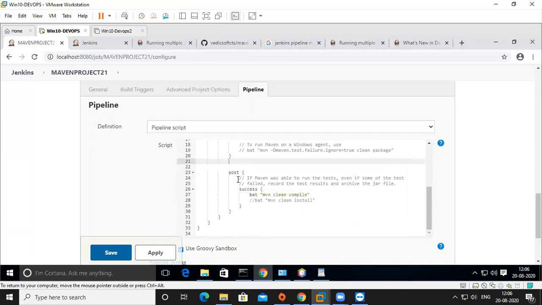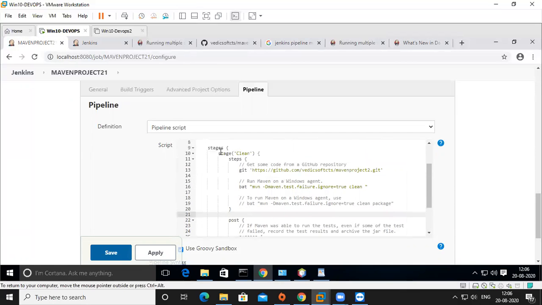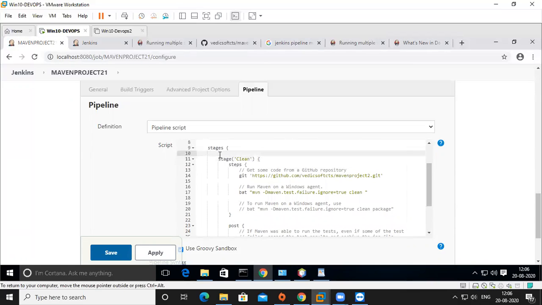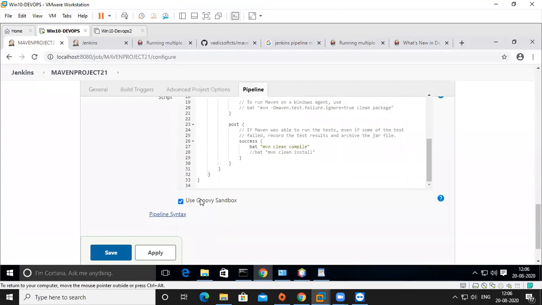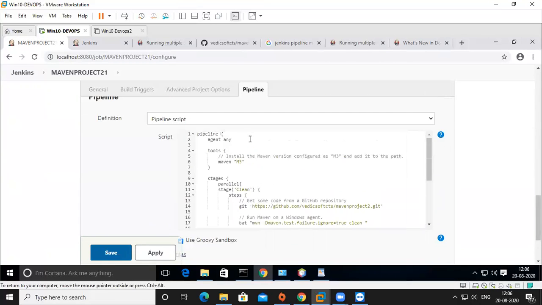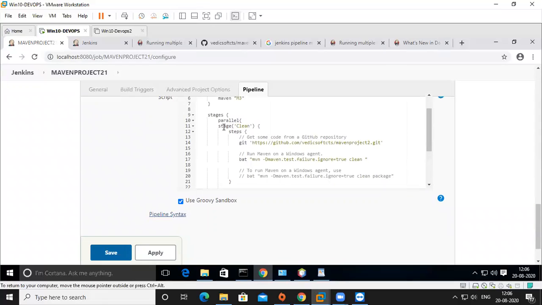Stages are stages, right? So I'm going to declare parallel. It's open. It means you have to add one more closure. Let's see, parallel. This is first stage steps.